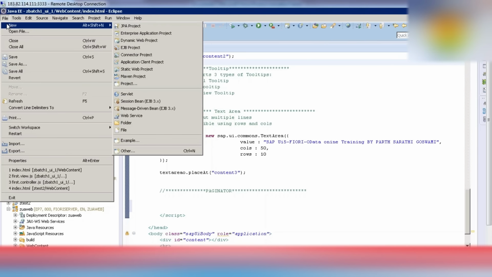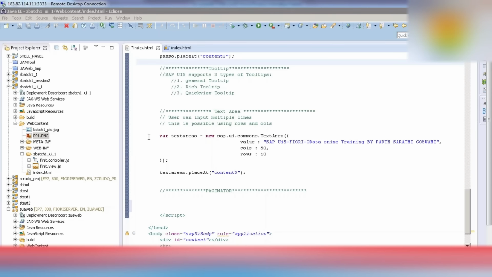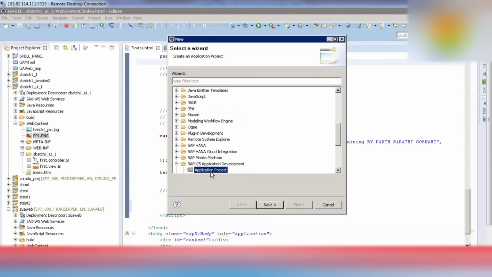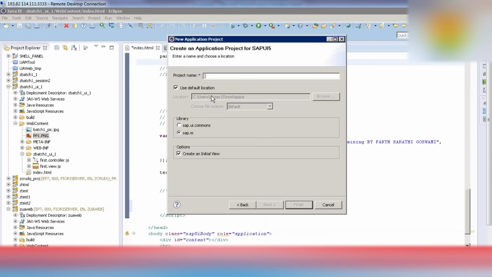To develop any UI5 application, you need to go to File, New, Other, Application Project. Next, you need to give some name like Jet demo. Here you can choose from these two libraries, sap.ui.commons and sap.m. I will explain each and every library.